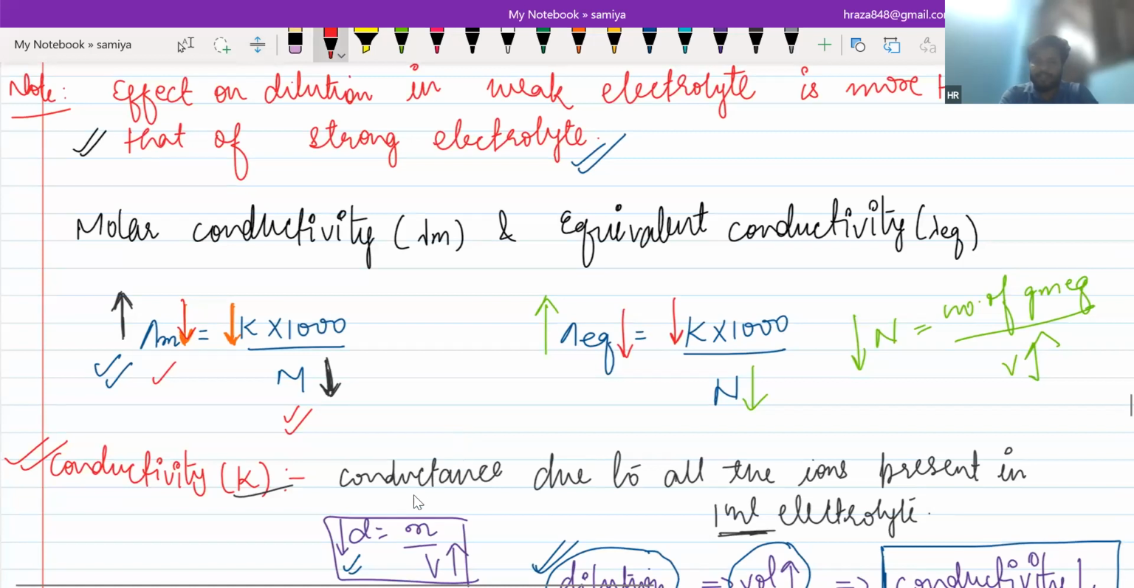How it happens? Basically, conductivity is defined as conductance due to all the ions present in 1 ml electrolyte. So basically it depends on the density. Density is equal to mass upon volume, and you know that if you are going to dilute it, volume increases, that means density decreases, and if density decreases,